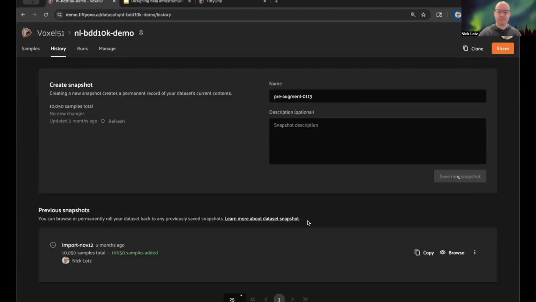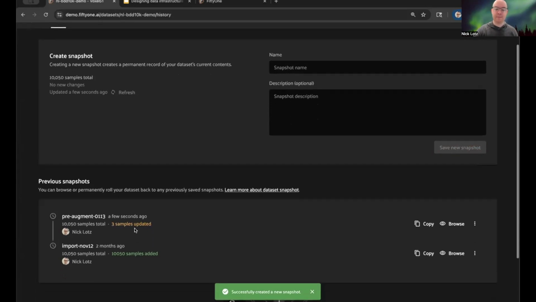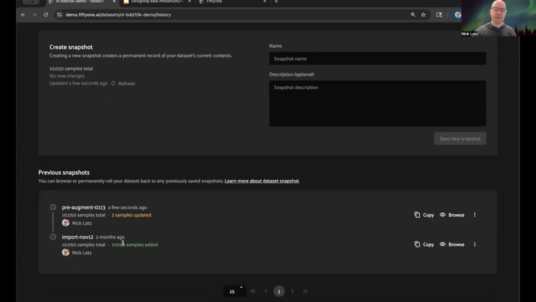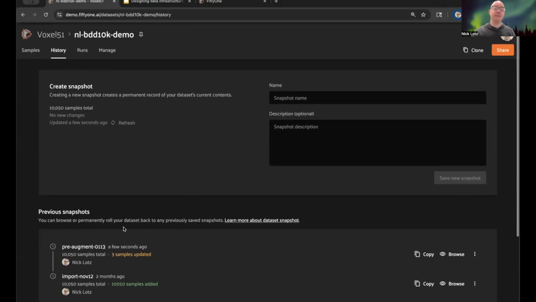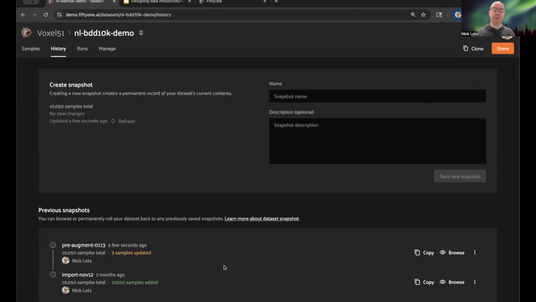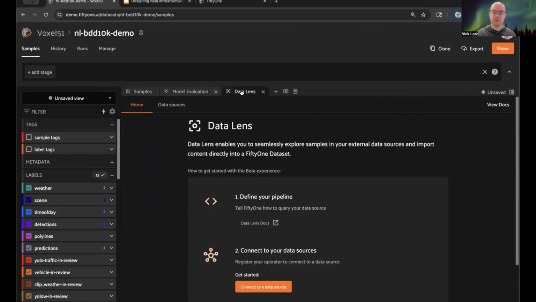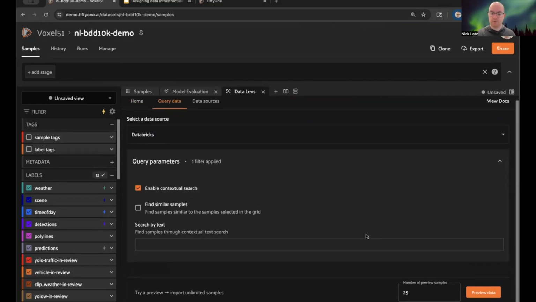which will take a second. I have an existing snapshot, so I could potentially use that instead if this takes too long. But yep, there we go. Looks like 3 samples were updated between this one and the last one. And that's now basically a Git history equivalent here. And now if I were to make a change, so for example, people in the rain at night,